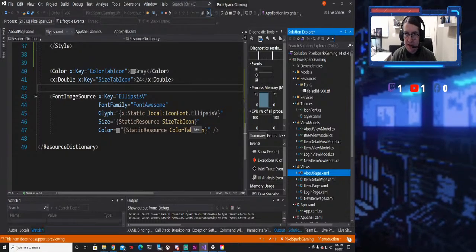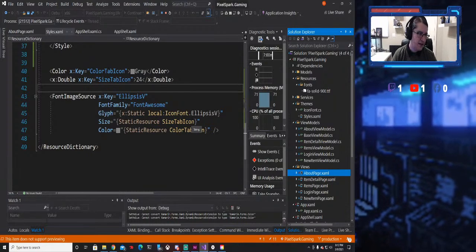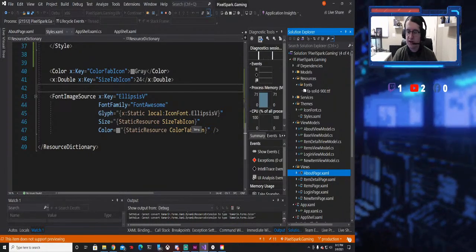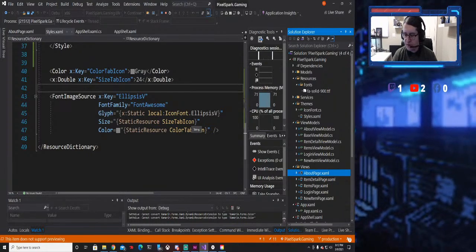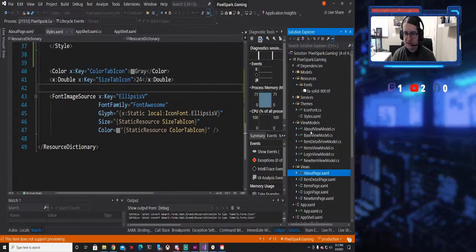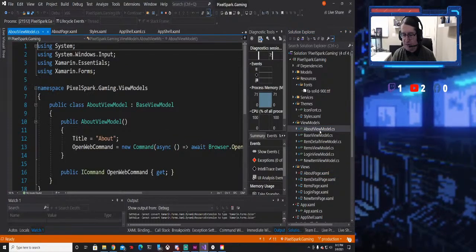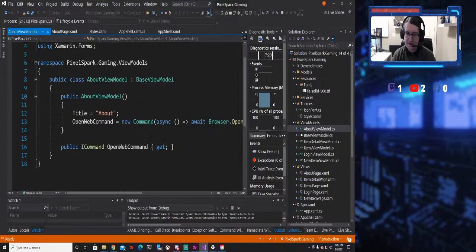MVVM, which is model view model, has the model, which is your data and your business logic, and then you have your view, which is how it's rendered on the screen. And really, you should have the VM between the M and the V, but it doesn't roll off the tongue very well. So the view model connects the